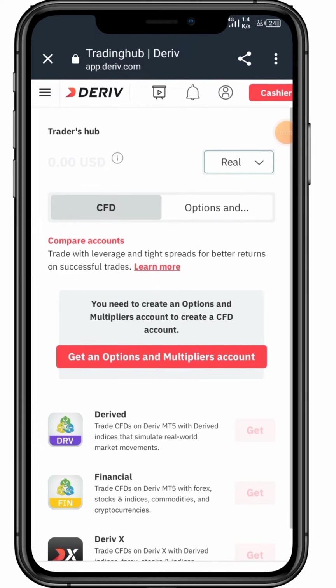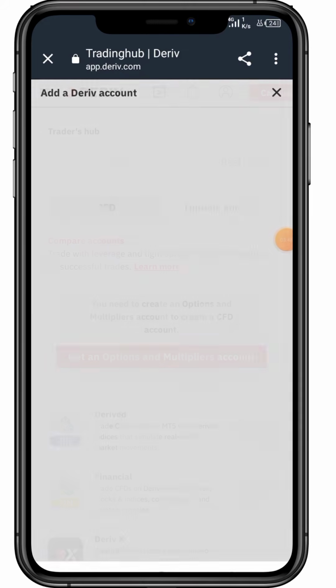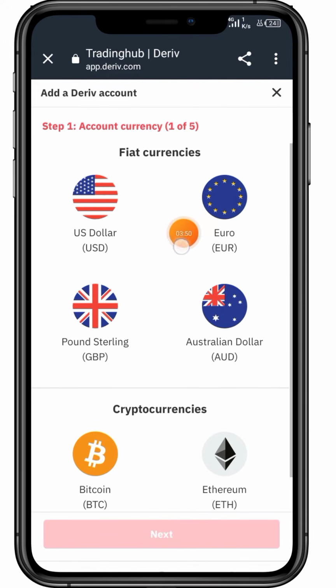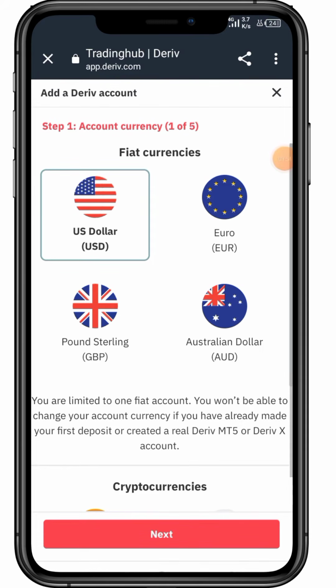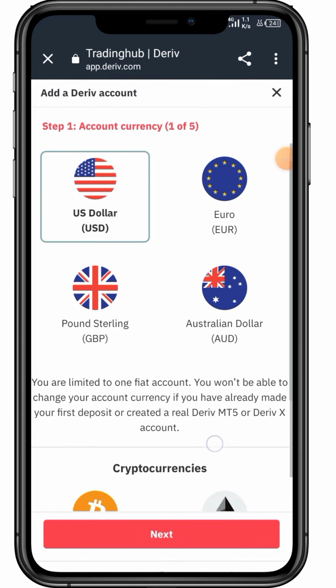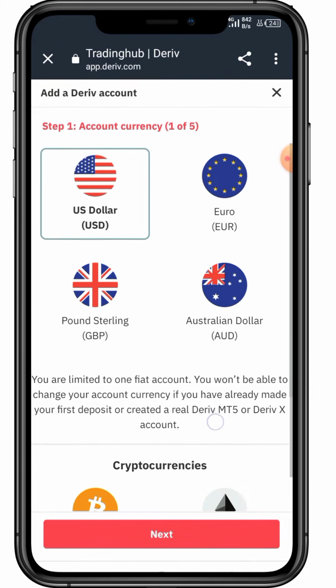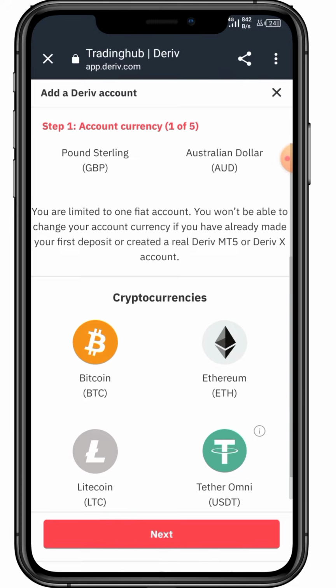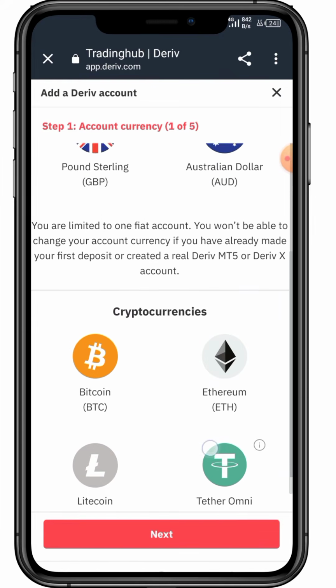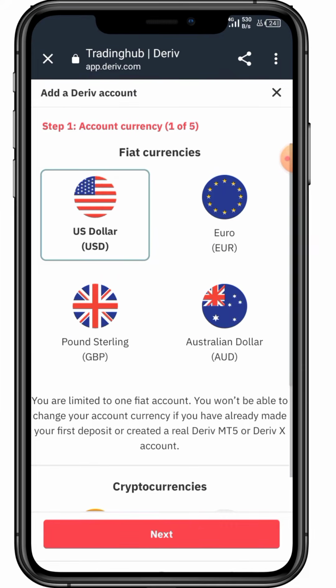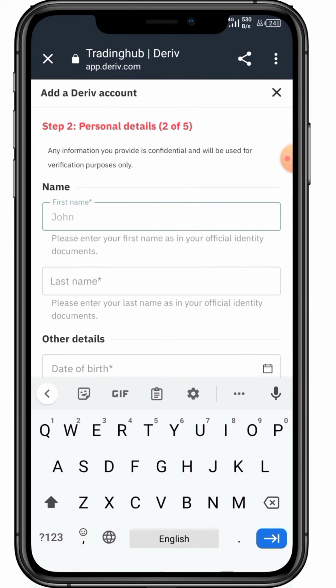So from here, I want to create a real account, but first off, I have to create an options and multipliers account. So I'll tap on get an options account. So first, I'll select my fiat currency, which is definitely going to be the US dollar. But of course, if you want to select a different one, you can go ahead with either euro, pound sterling, or Australian dollar. If you want to select any cryptocurrency as well, you can select it. But for now, I'm not going to select. I'm just going to tap on next,